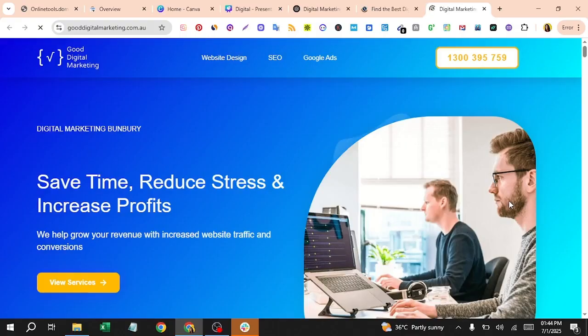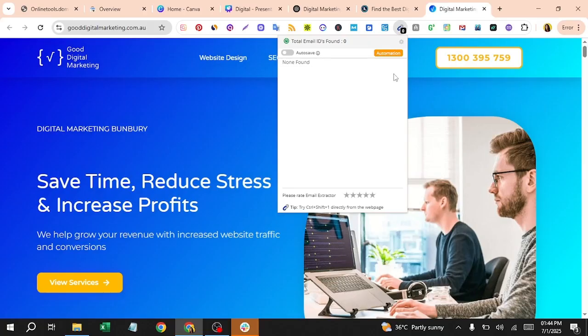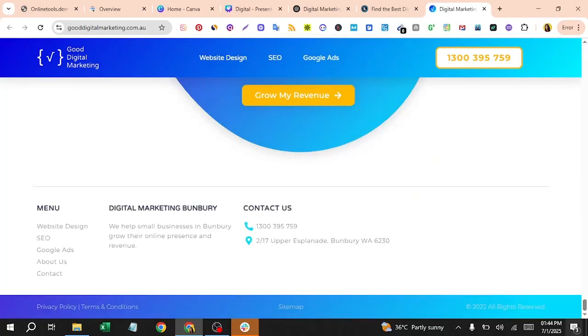You can also open each and every website separately, and get the number and then the email address using this extension, which is Email Extractor. So scroll down. I guess they don't have an email address.